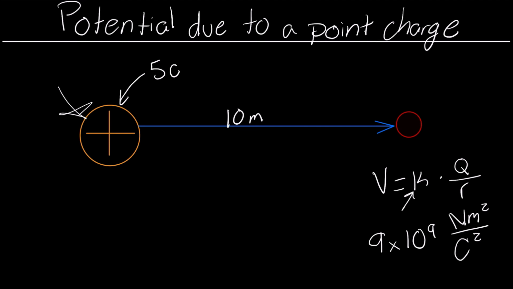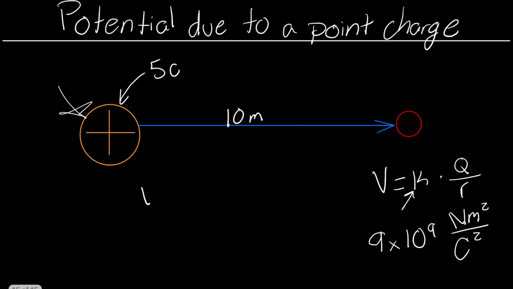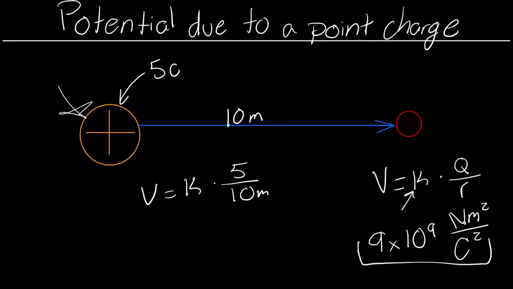So now what we have to do is simply replace the values with what we have. I'm going to go ahead and write the formula down over here. So we have V equal to K, which once again is this constant over here. The charge is going to be 5 coulombs over the distance, which is 10 meters. With this, we're going to be able to solve for the electric potential. So replacing, basically the only one left, which is 9 times 10 to the ninth, with that we're going to be able to get